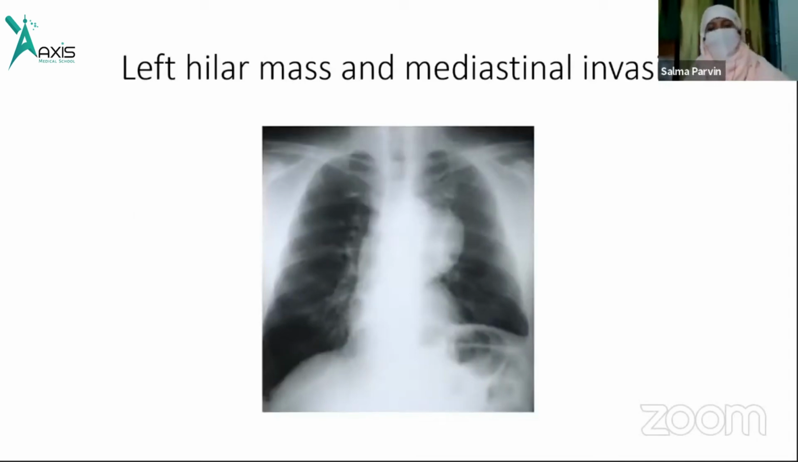And it is the hilar and mediastinal invasion. The hilar and mediastinal invasion, you can come to read from this X-ray that this X-ray is having a suprahilar mass merged with the mediastinum,